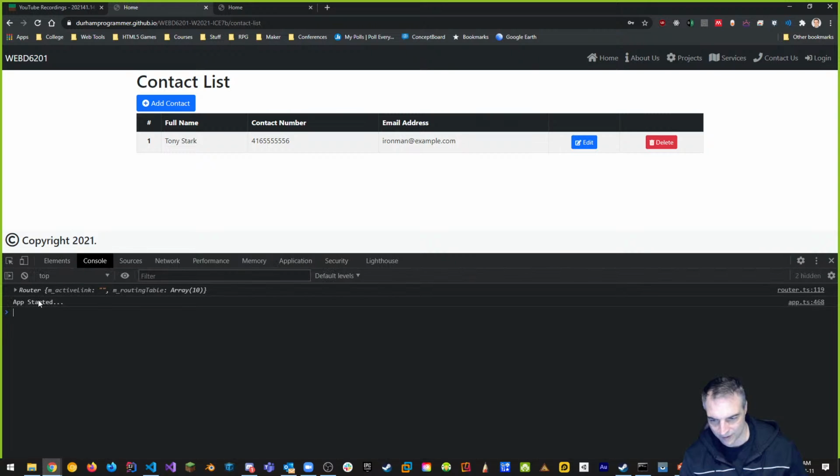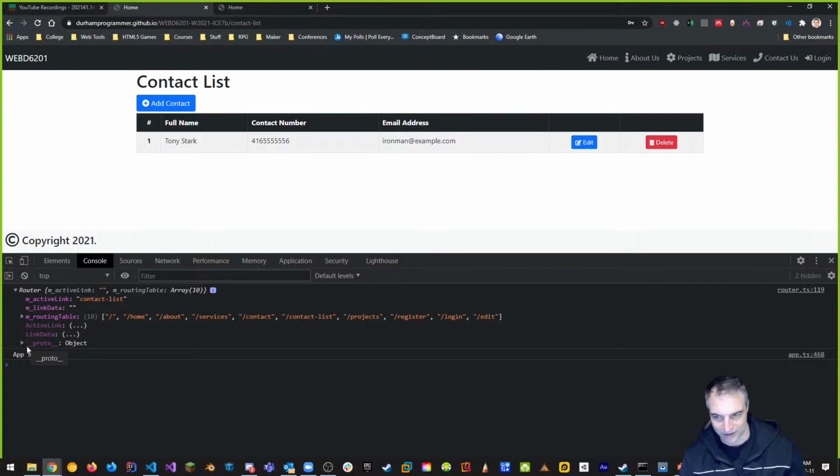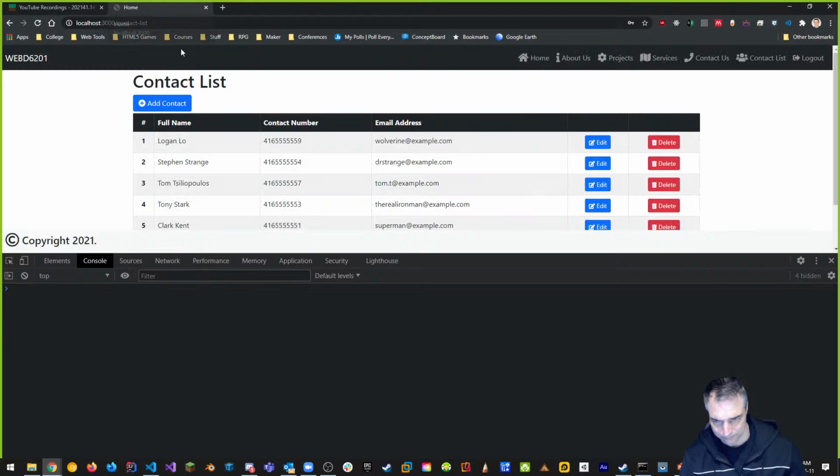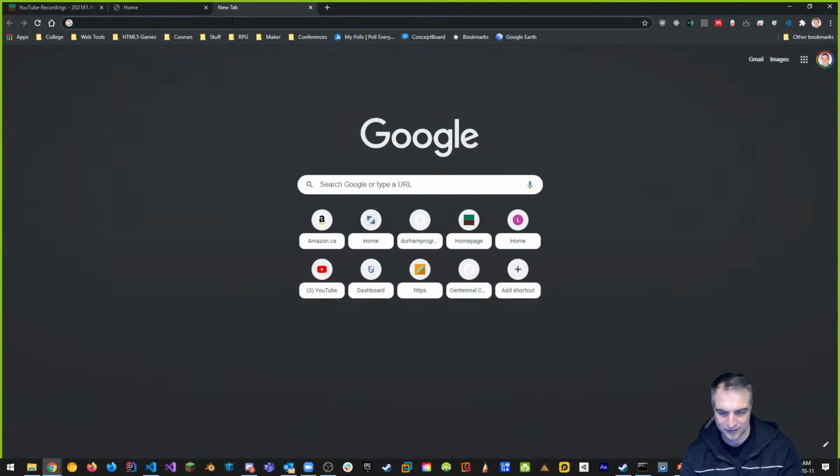What's happening here? My console is not giving me an error, and I'm still getting router. If I'm still getting router, that means that it hasn't propagated, right? And sometimes that happens online. I mean, it's the old version, not the new version. So let's do that again. So GitHub